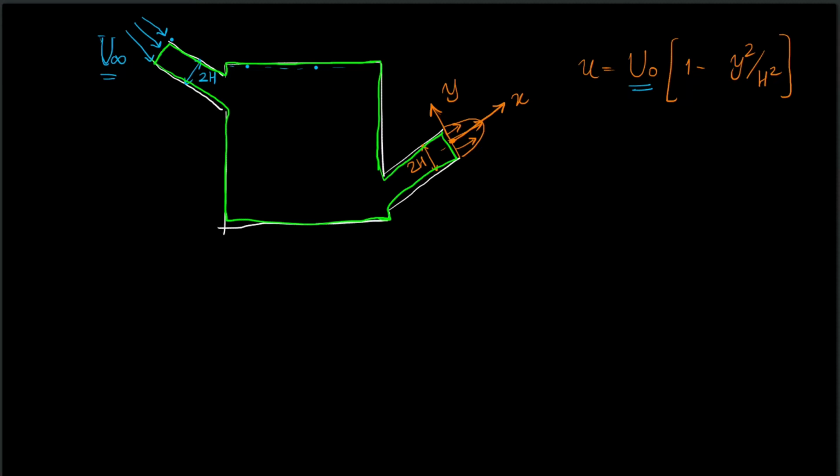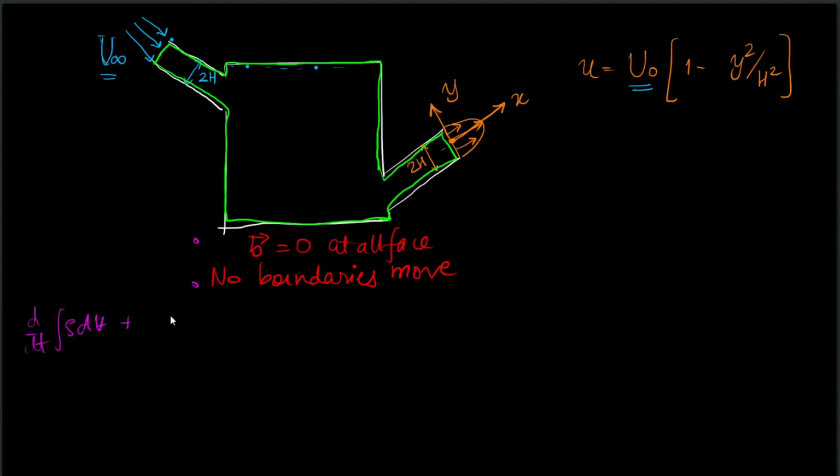Okay, so for this particular control volume, what are the properties? The velocity at all the faces is equal to 0, meaning none of the boundaries is moving. With this, we can write down the statement of the conservation of mass. So essentially we have d/dt of integral rho dV plus integral rho (u minus v) dot n dA is equal